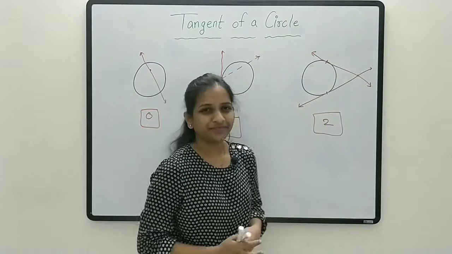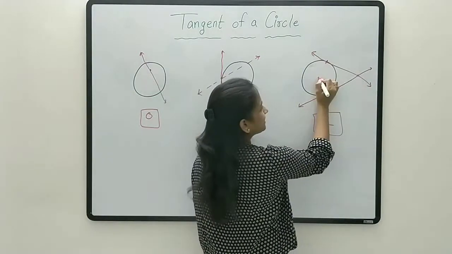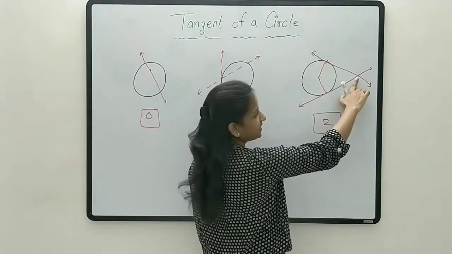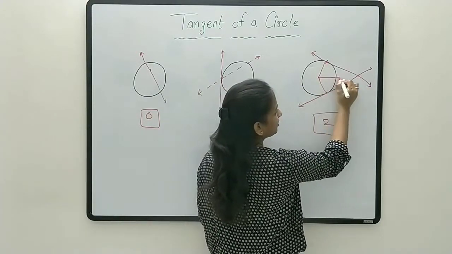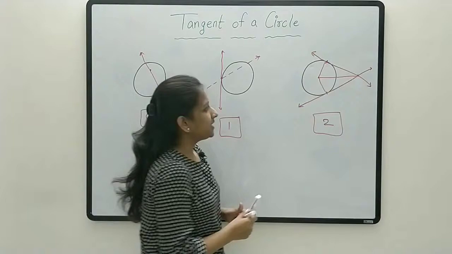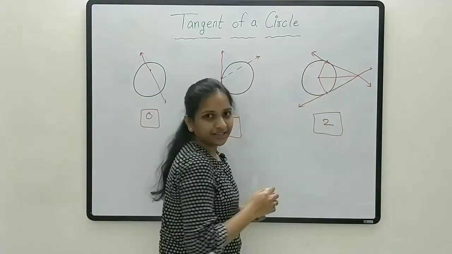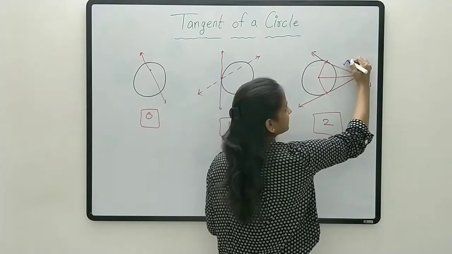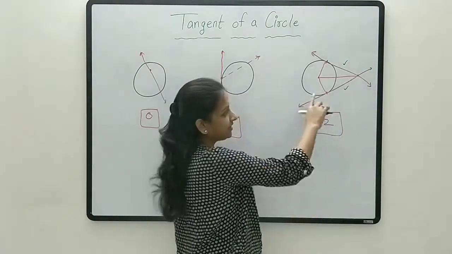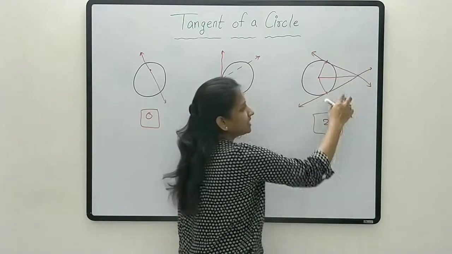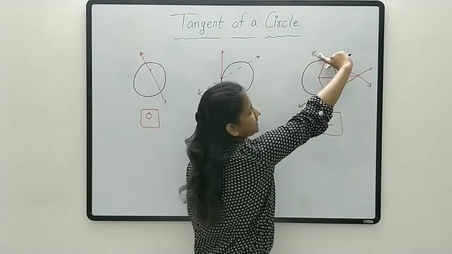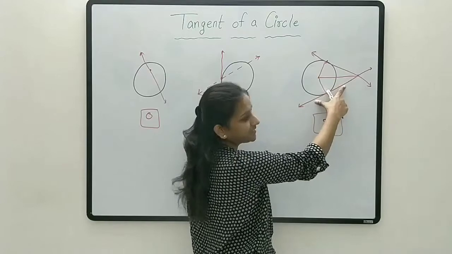Let's prove this theorem. Let's quickly draw a center and the radius here. Okay, and let's join this external point to the center of the circle. Now here there are two triangles. We have to prove that this tangent segment is equal to this. That we have to prove. Okay, now consider these two triangles. Here this is the radius and this is tangent. This is the radius and this is the tangent.